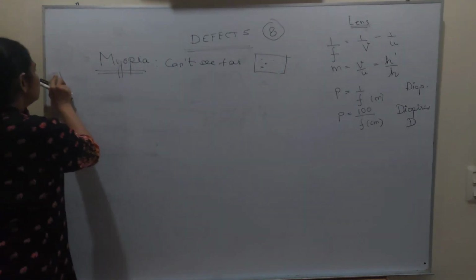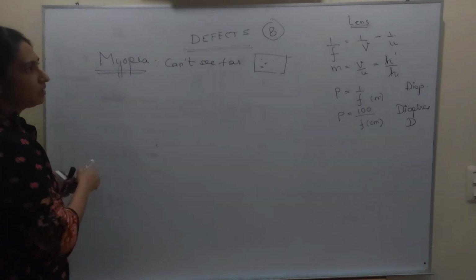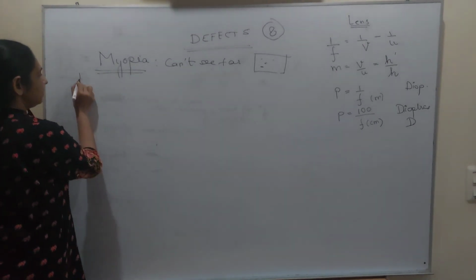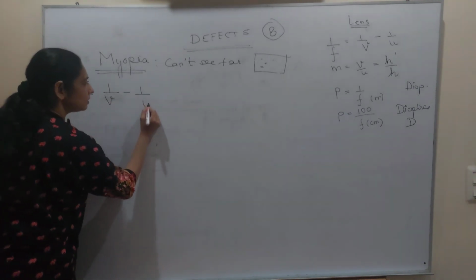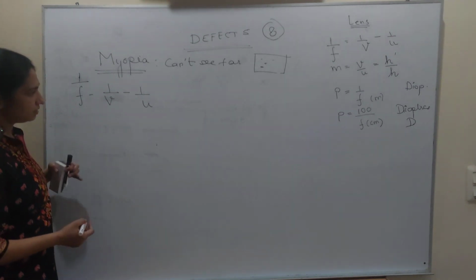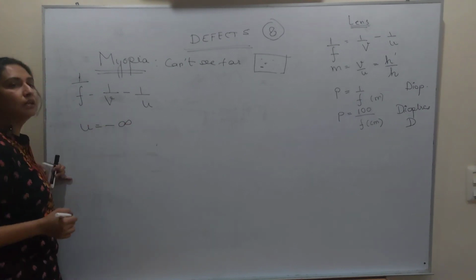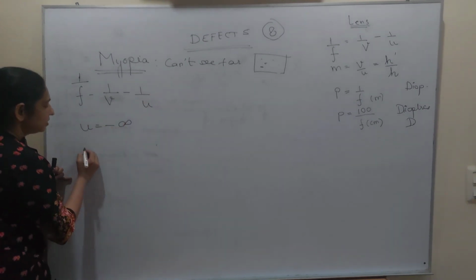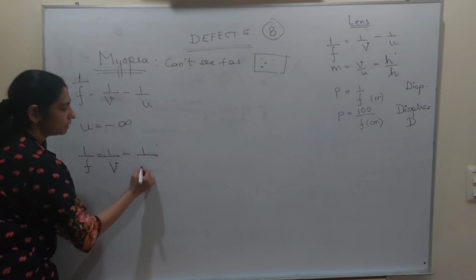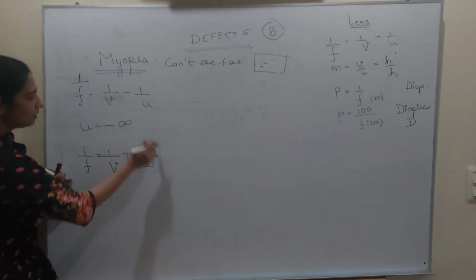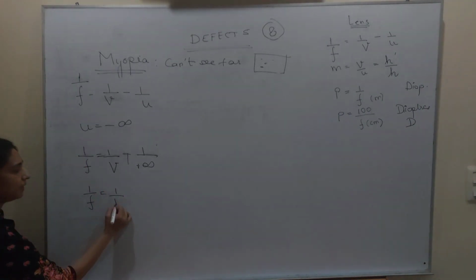Okay, before we go on to the explanation, let's try to shorten this also. This can also be shortened. Can you see that the formula here is 1/f = 1/v - 1/u. I had just written that u, the object distance, because we are trying to see very far, is minus infinity. So what happens if I substitute the value? 1/f becomes 1/v - 1/(-infinity). What is 1/infinity? That's 0. So 1/f is equal to 1/v.